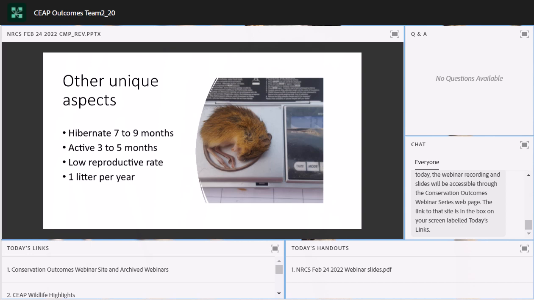So this is a minimum convex polygon for a jumping mouse we tracked in 2019. The purple area is an exclosure with an 8-foot tall fence to exclude elk and livestock. The red outlines the minimum convex polygon. The blue lines represent the stream, so the riparian areas through this area. The blue circles are our nocturnal locations for the jumping mouse, this individual, and the yellow are day locations. So if you draw a boundary around the outermost points, you've created the minimum convex polygon area.